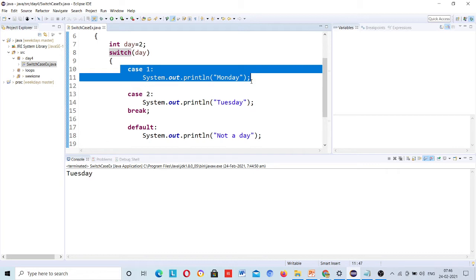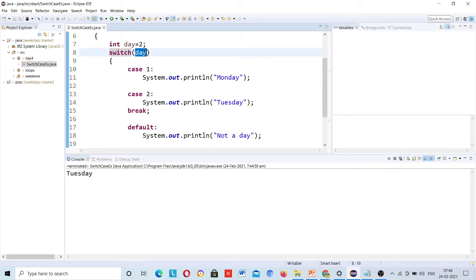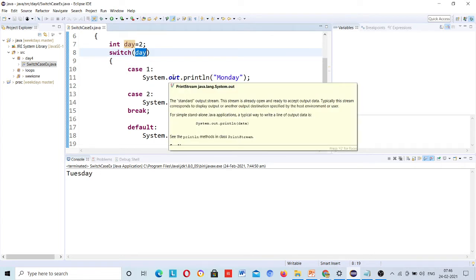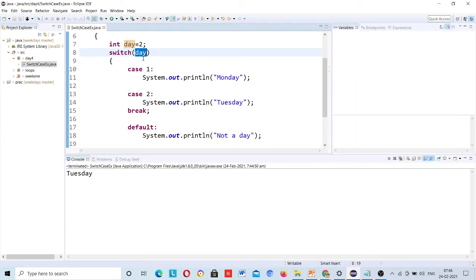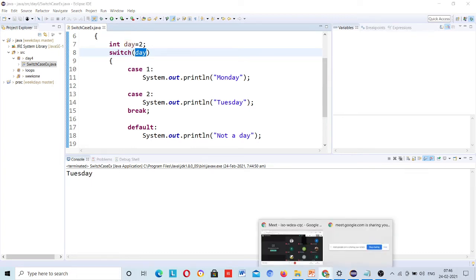It is faster than if else, because if I have to check if day is equal to 1 or day is equal to 2, multiple conditions are applied. Or if you are not applying multiple conditions in one condition statement, then you have to use multiple if else, which will slow down your execution.